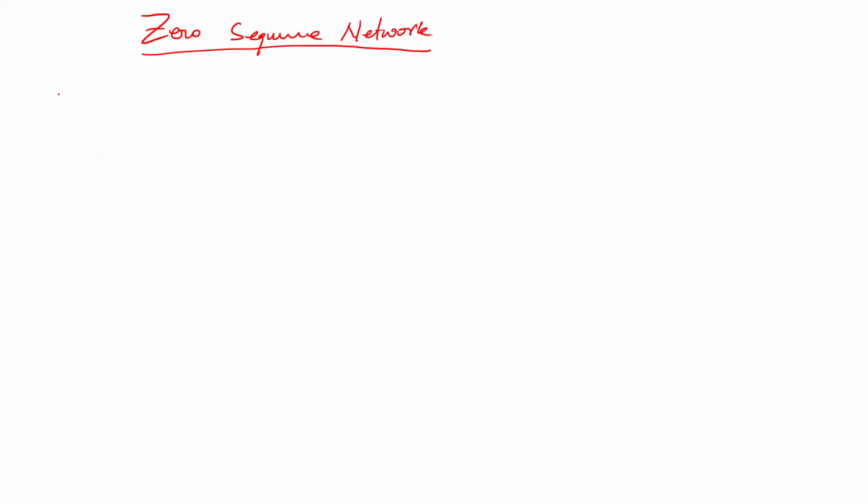So the first point you need to understand for zero sequence is that the zero sequence network exists only if there is a return path. That is very important. What does it mean? For example, if the neutral is accidentally not connected to earth, then even though zero sequence current should flow, it does not exist because that path is not completed. The neutral to ground path is not completed. At that time, the zero sequence network will not exist.